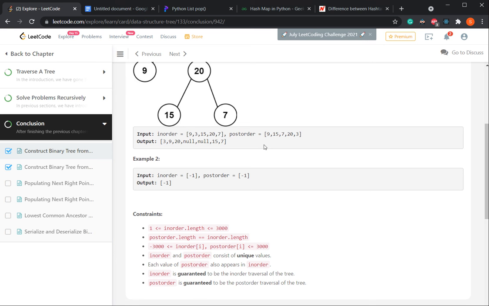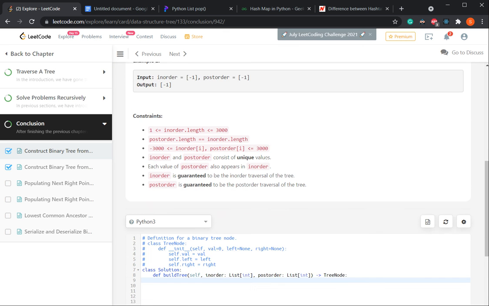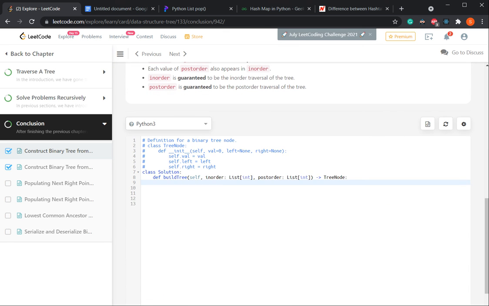To solve this problem we will use recursion, and let me explain using the code. First of all, let's see what is given. It is given that there are two arrays. So first check if there is an element in the arrays or not.